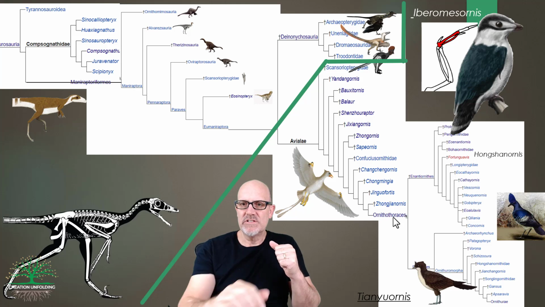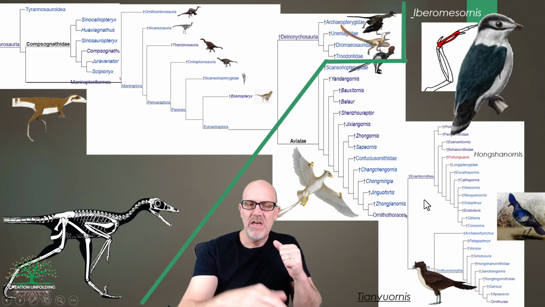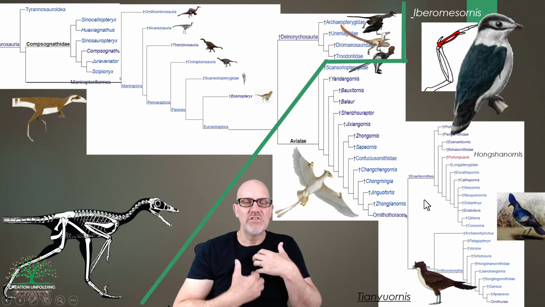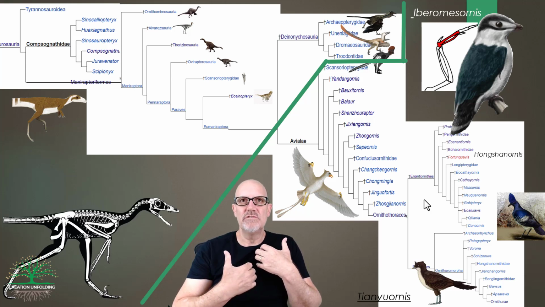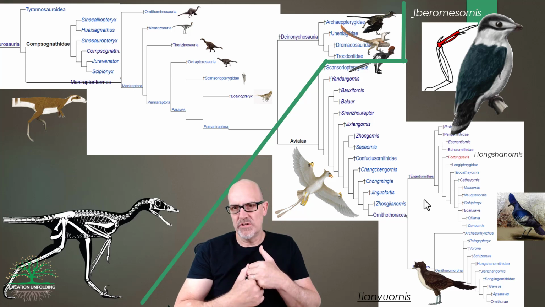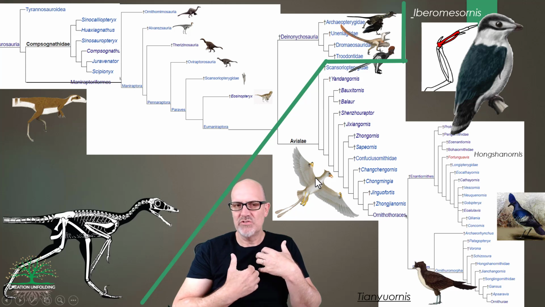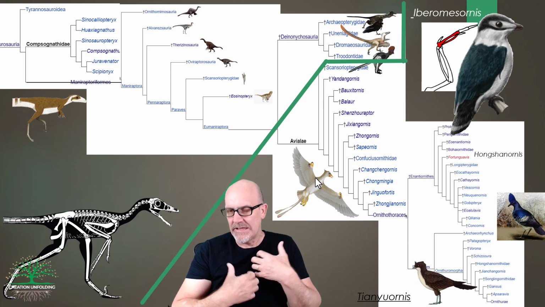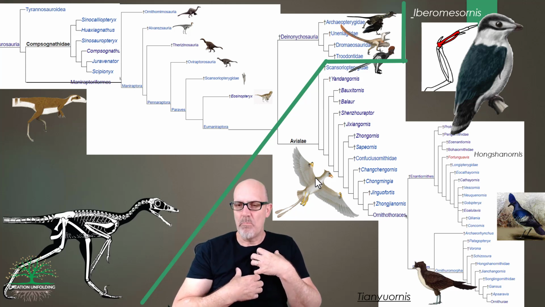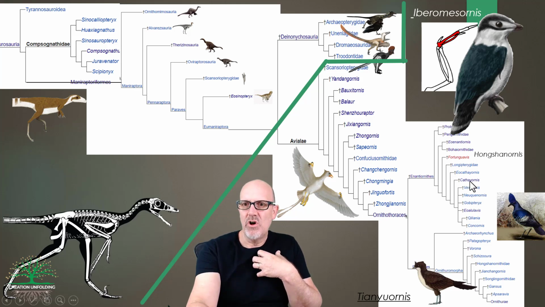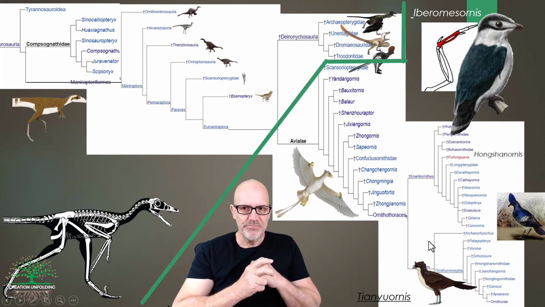And the idea is that this group to the right here have strong sternums, breastbones, have keels, and things that we really see strongly in modern birds. So the other groups, these avialans, although they had breastbones and things like that, they apparently weren't as robust as the groups on the right. And so that's why this group are called Ornithothoraces.